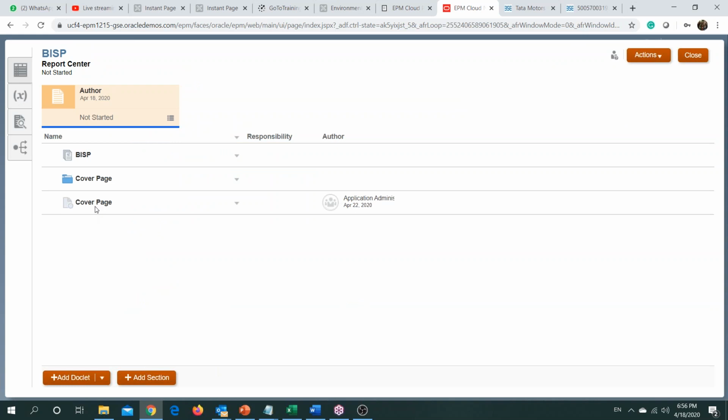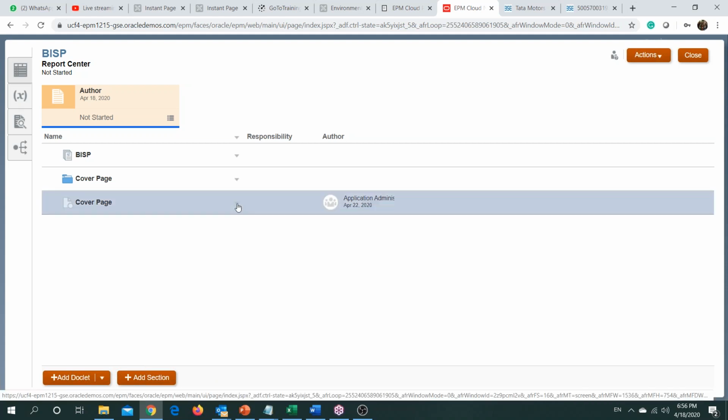Okay, so this is our cover package which is developed. Now there could be two methods of providing info in cover package. One is using the application, and the second being you could also use Microsoft Word to develop your cover package. So what does it mean and how does it work?